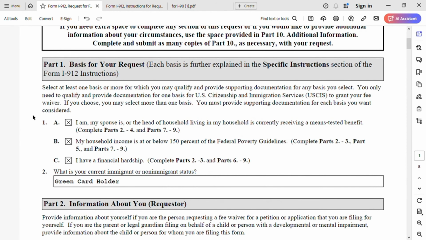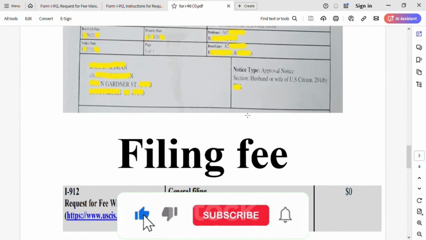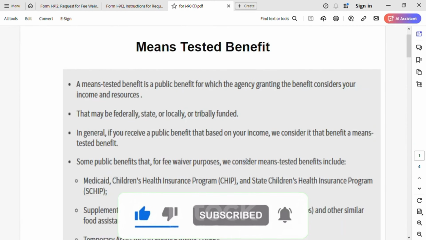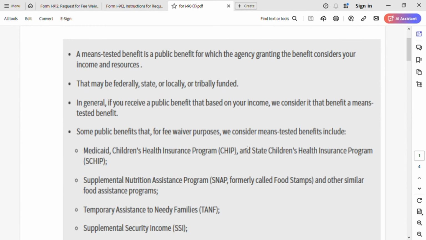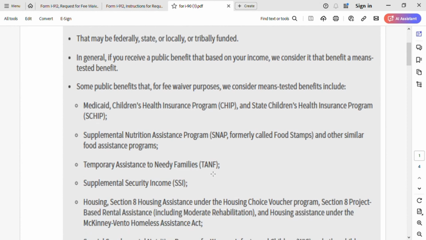So let's go to basis number 1, which is A. Basis A, means-tested benefit. What does it mean? If you go to the instructions, right here, this is the means-tested benefit. Usually it's Medicaid, CHIP or SCHIP, SNAP, TANF,